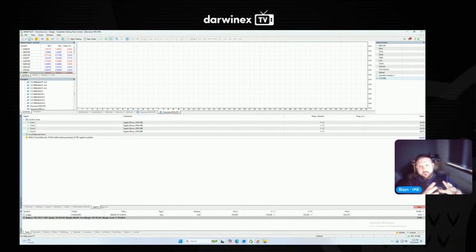But this strategy will already be going on the charity Darwin, which, if nobody here knows, me and Kieran are doing a charity Darwin, where we're going to be building strategies. So strategies that we're building in this live session will be going on the charity Darwin, and all proceeds from the charity Darwin will go to charity. So it's a really good thing to follow. It's going to be a really good feeling at the end of the year if we can make good profit and give back to charities. So that'd be really good of us to do.